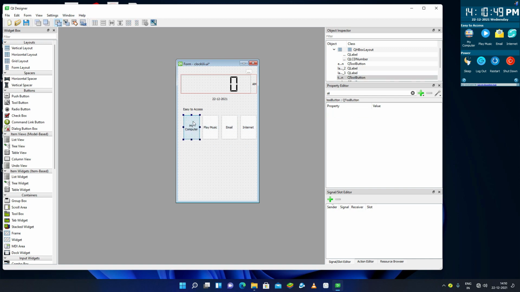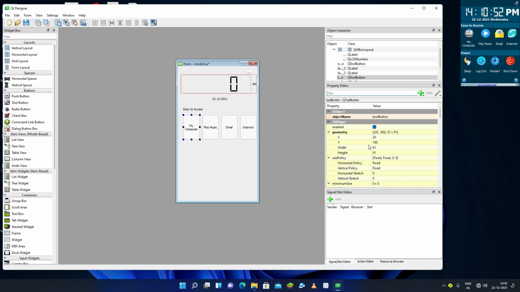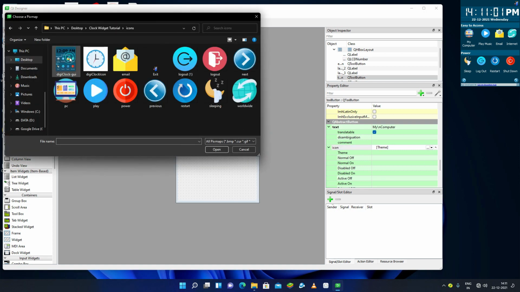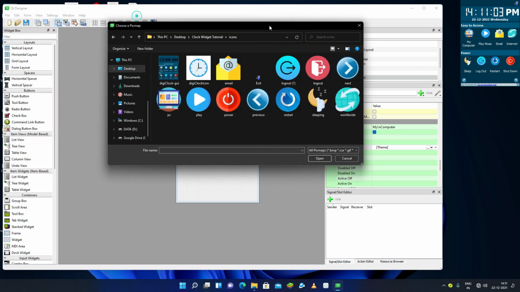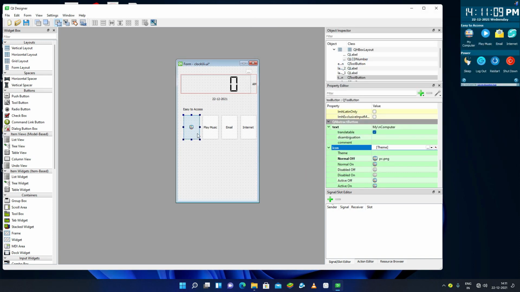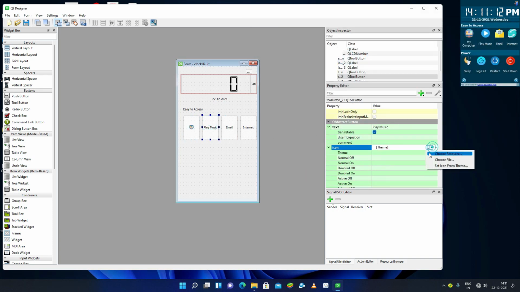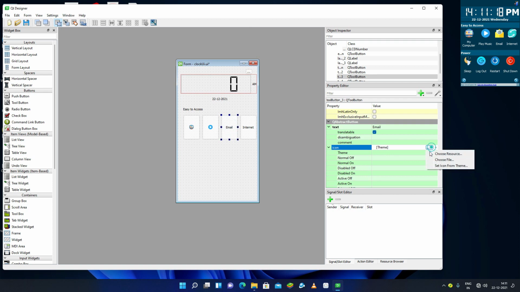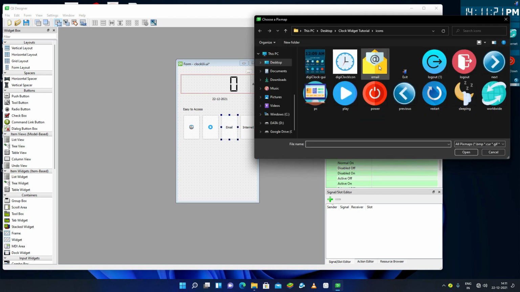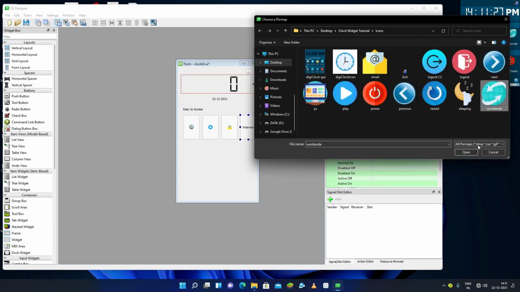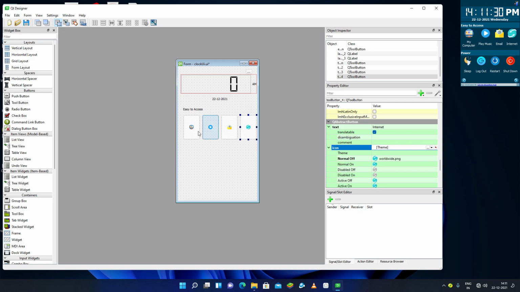Now let's change the icons on these things. So I'll just come below into this icon section, and now select choose file, and I can go to the icons, and under these icons I have already made icons for all the buttons. So I'll select here PC for my computer. So it is now PC, and now select play music, and under play music I can select the play button, and under email I can select the email button. Now under the internet I can select the worldwide. So these 4 now have icons.